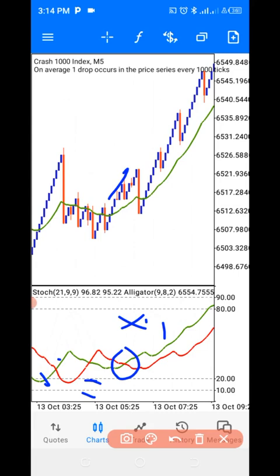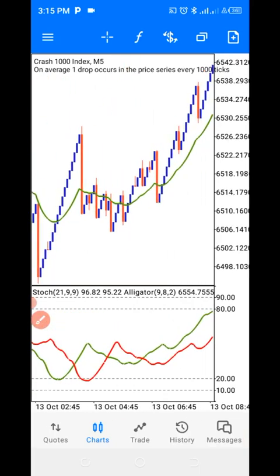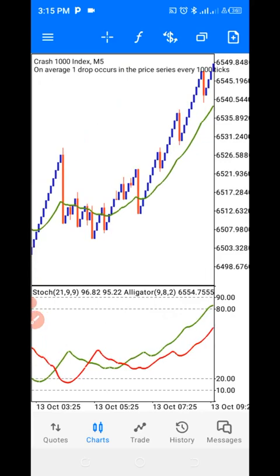So to be on the safer side, you put your stop loss below the moving average and the last swing. Now this is where the logic comes into place. Your market structure, you can't overweigh it. If I'm to analyze this based on market structure, obviously this is what I'm going to be having.